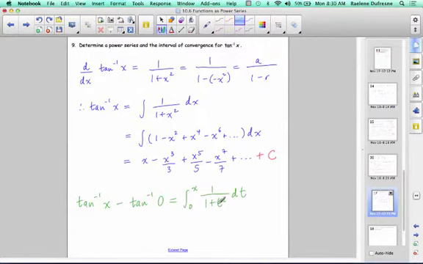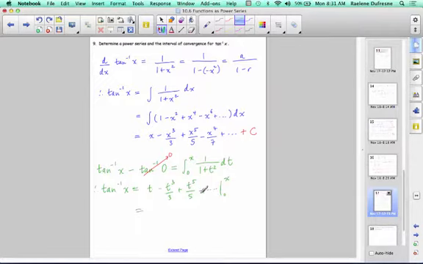And from here, when we integrate on the right-hand side and replace tan inverse of 0 with 0, we get that tan inverse of x is the definite integral of 1 over 1 plus t squared dt, which is going to be t minus t cubed over 3 plus t to the 5 over 5 minus etc., evaluated from 0 to x, giving us the antiderivative function f at x minus f at 0. Every time we substitute t equal to 0, we're going to get a 0 here. And so we end up with tan inverse of x